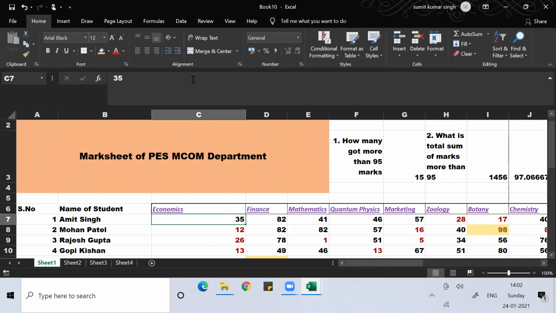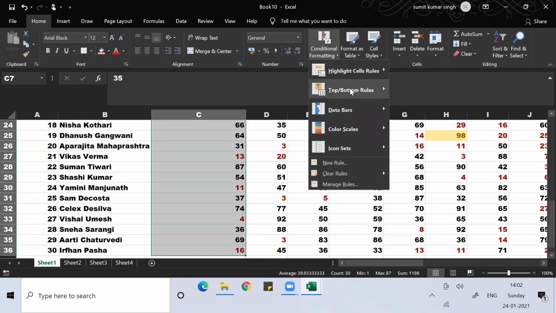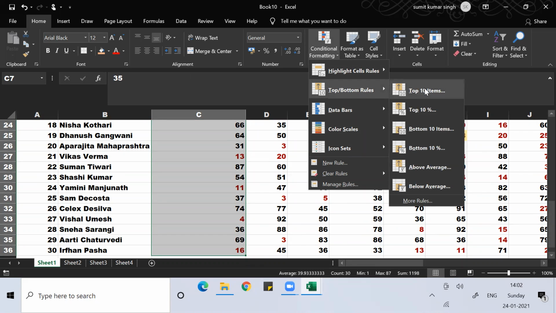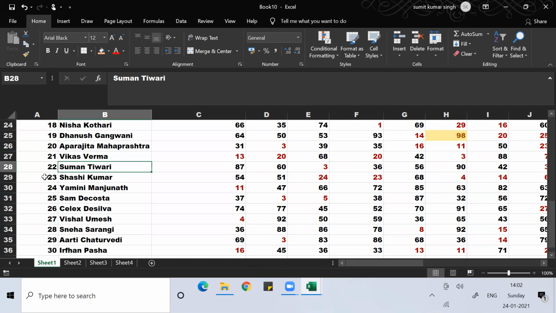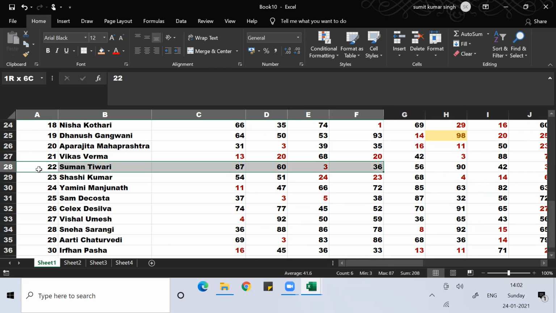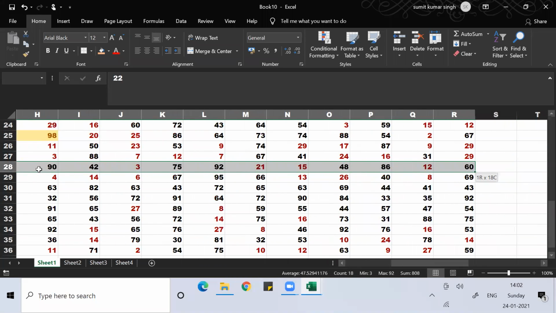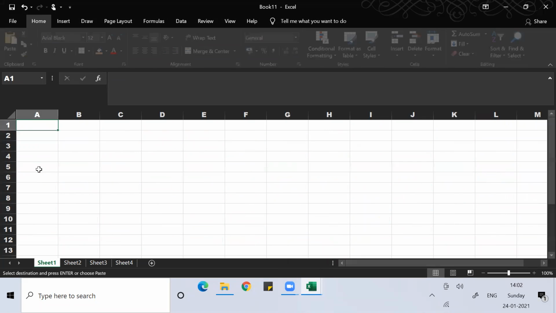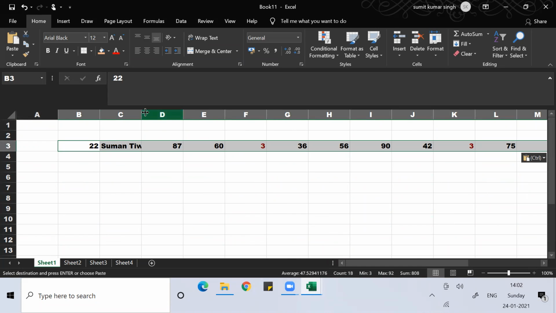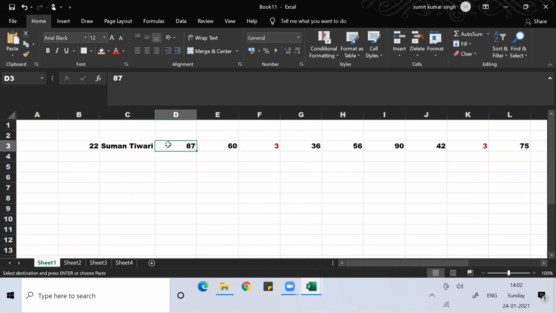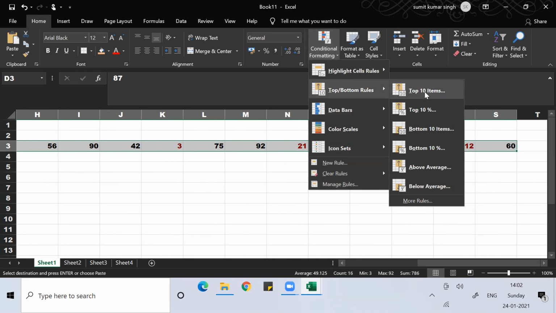Here you can select this data, go to Conditional Formatting, then Top/Bottom Rules, Top 10 Items. Suppose I want to investigate Suman Tiwari's marks, the marks that Suman Tiwari got. So I copy this, go to Conditional Formatting, Top/Bottom Rules, Top 10.